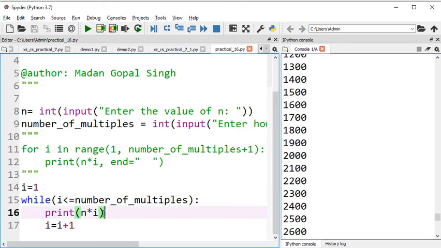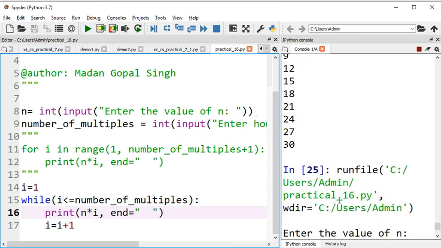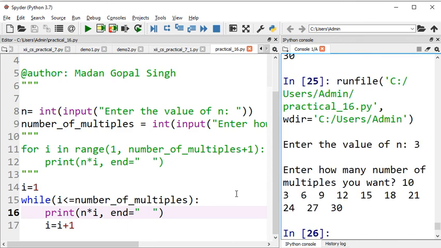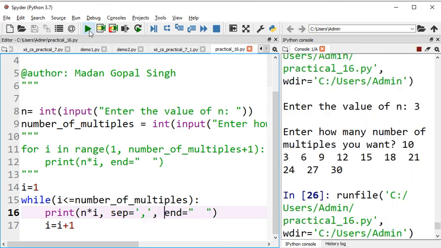If you want to print in a single line, you can use end equals to, and you will write the space here, so it will print in the same line. Okay, so let's write 3, 10, and if you want to insert a comma between each one, then you can insert the comma also if you want.